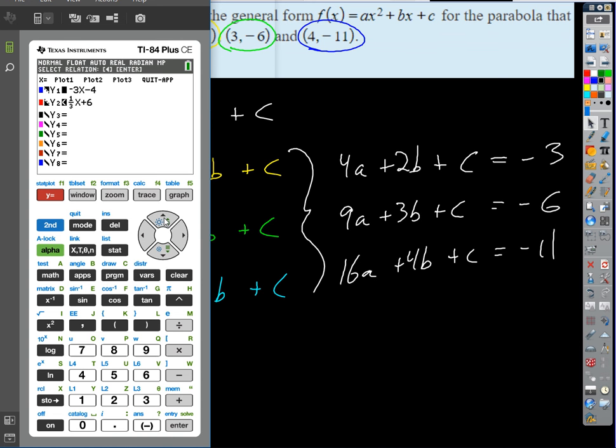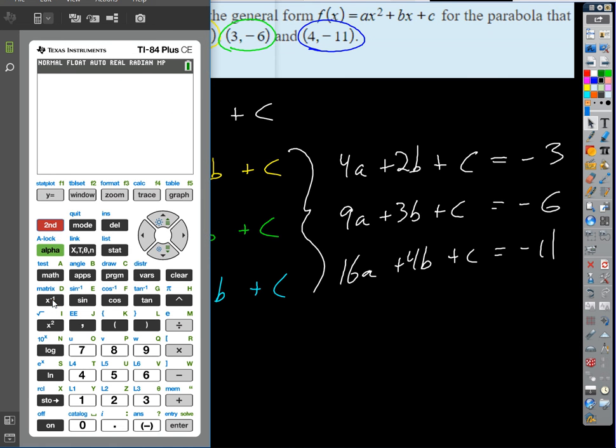Okay, so now this is kind of nice. I'm still stuck in the inequality function that I was in last week. It used to be that you had to go all the way into apps, go to the menu and then hit quit app. All you have to do now with the new version is go over to quit app and hit enter. That's kind of nice. And then I choose number 2. Okay, so now I'm out of that and I can go directly into